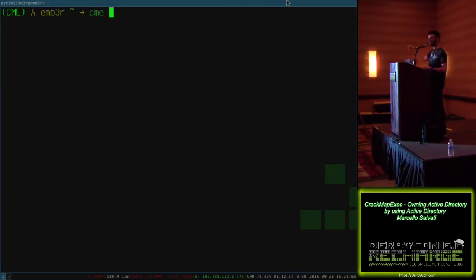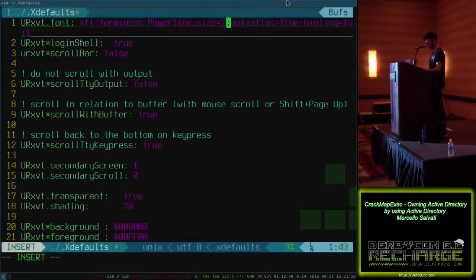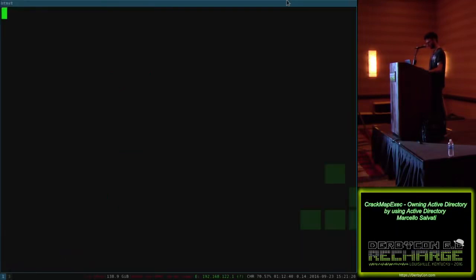Does everyone see that, by the way? Do I need to increase the font? Yes? It's good? Oh, bigger font. Okay, cool. Let me just do that real quick. Let's go all the way to 25. Okay, does that help? Is that better? Okay, everyone see? Cool. Okay, so you invoke the actual program either by using CME or the full name, CrackMapExec,